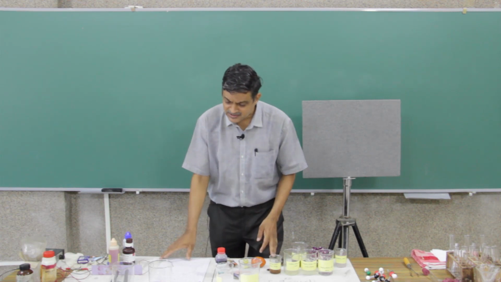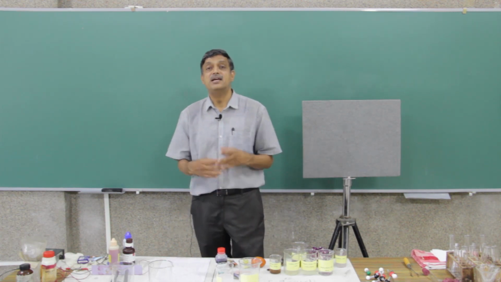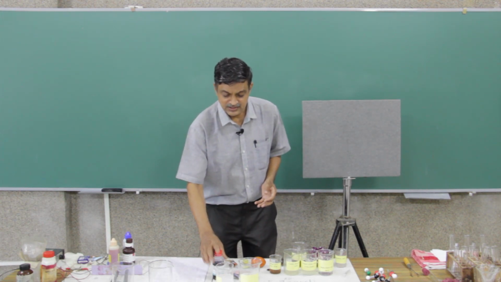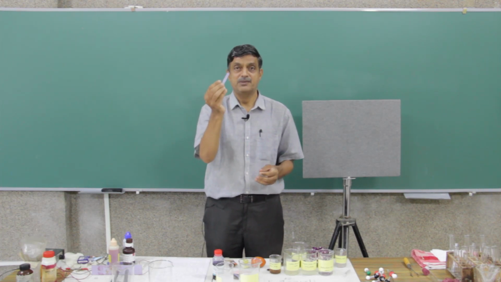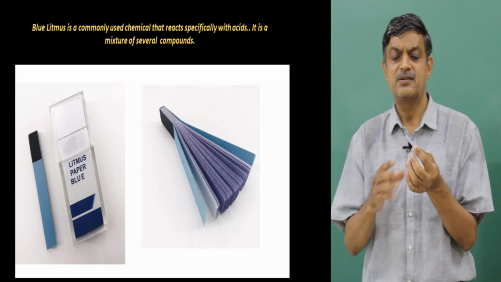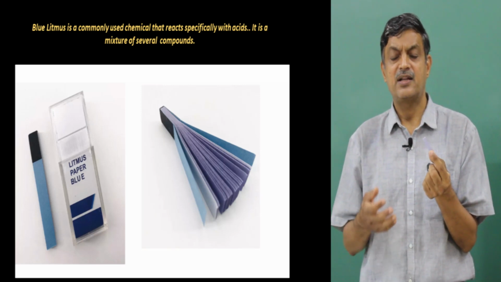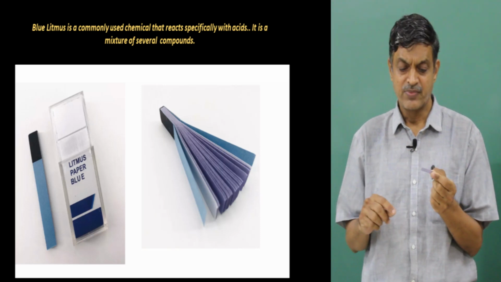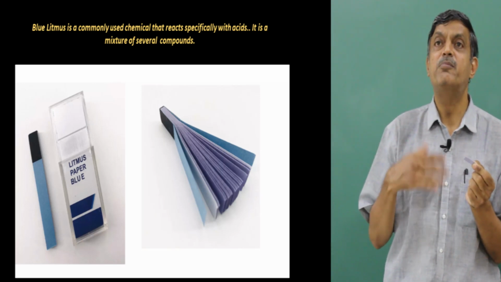And one of the oldest ways of finding whether a compound is an acid or not on the basis of this specific chemical reaction is what is known as the blue litmus paper. So, this is a litmus paper. It is paper that is coated with a compound. It is actually a mixture of compounds. There are about 15 different compounds that make up this blue litmus, and these compounds are actually dyes, meaning that they impart color,